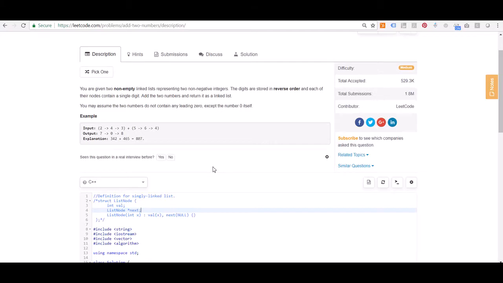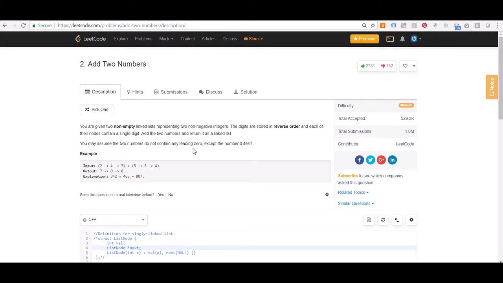Hi guys, this is Anshu and I'll be walking you through this specific problem which is about adding two numbers, and this can be found on the URL as you can see above on leetcode.com, and it says add two